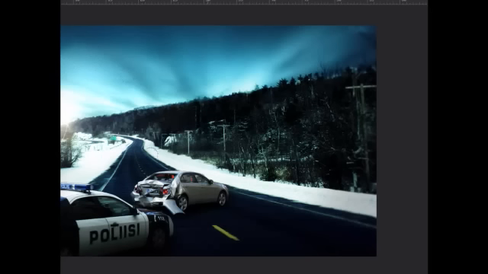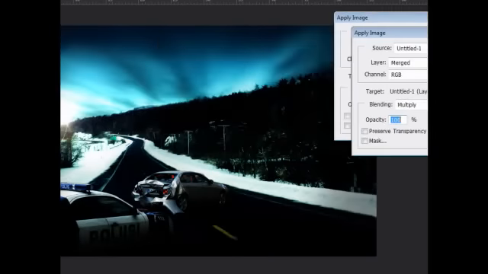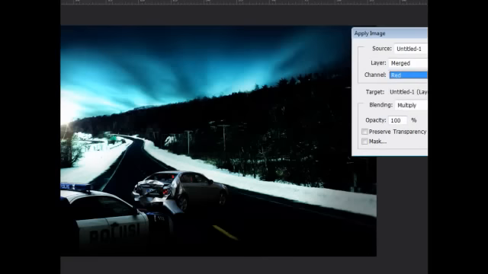Just erase it like that. Okay, and then when we've done that, merge that back into one layer again. Then do the same: duplicate the layer, go over to image, add image, right? Go on to change that to,